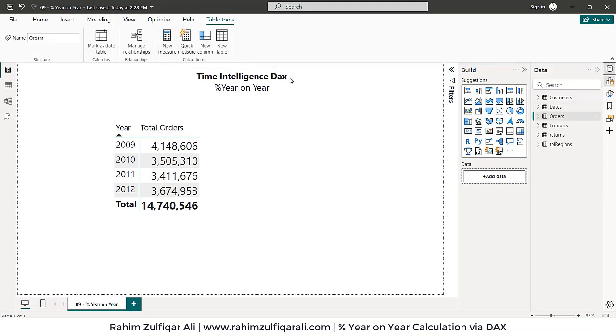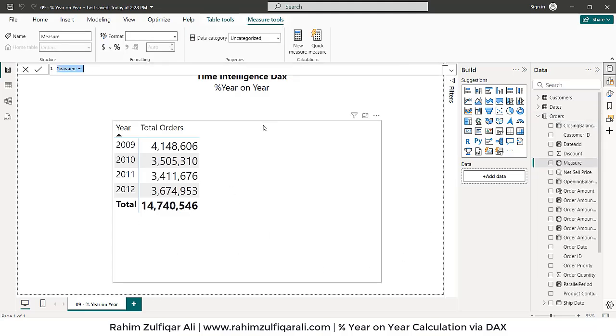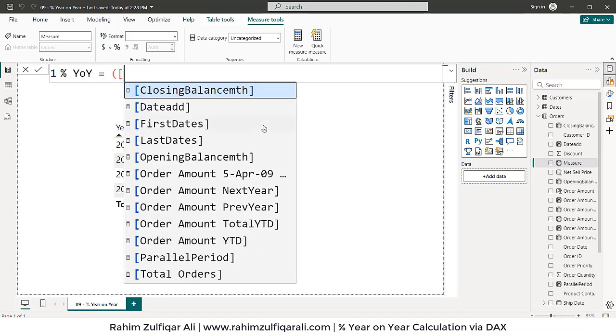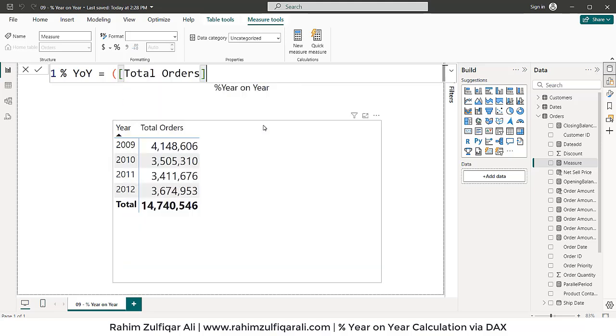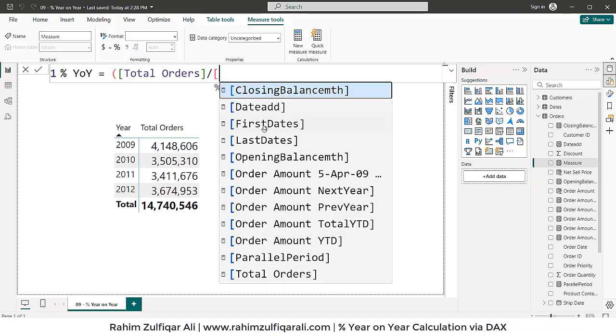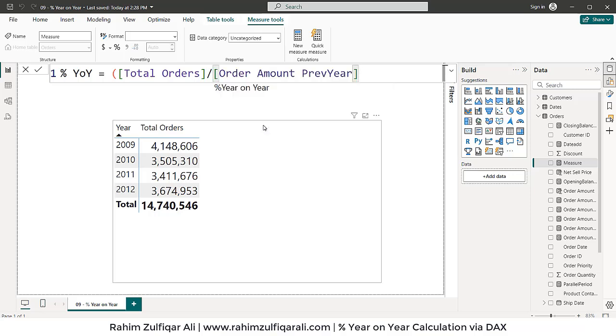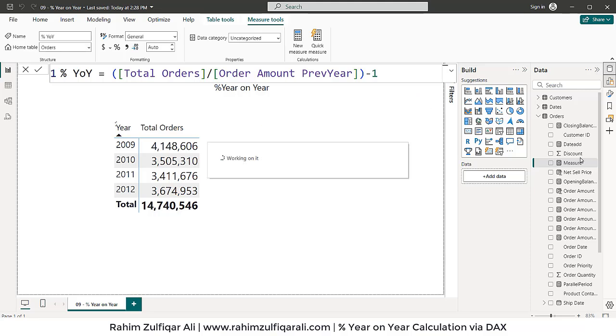First, we will click on new measure. Let's give a name to this. So we need percentage YOY. Okay, and how we're going to start is, we have already an explicit measure, total orders, that will be divided by order amount for previous year, right? And then -1. Close the bracket, press the enter key,